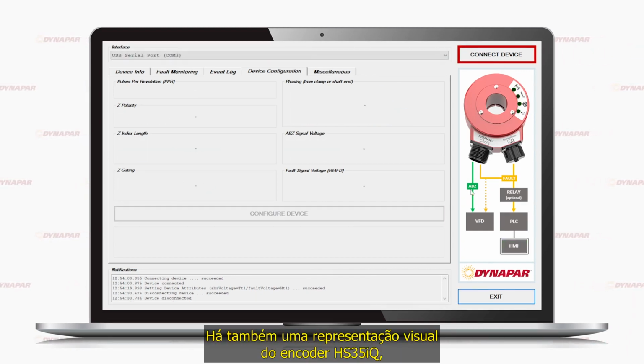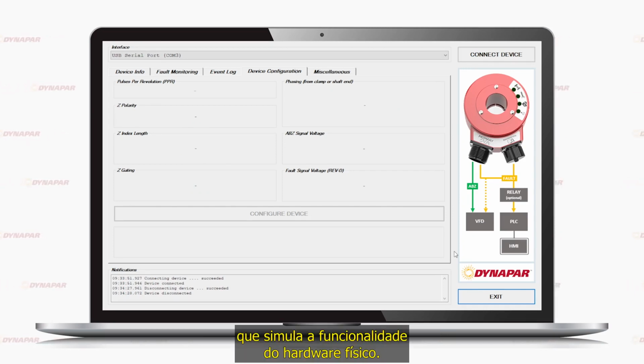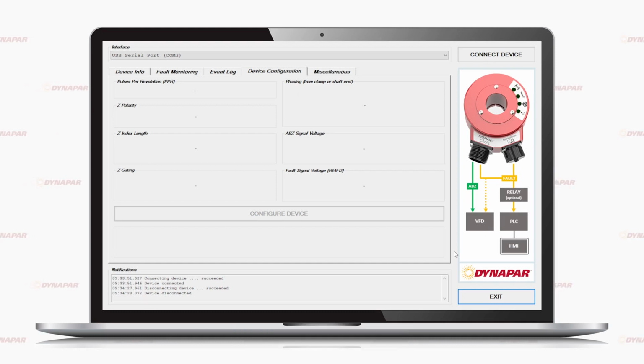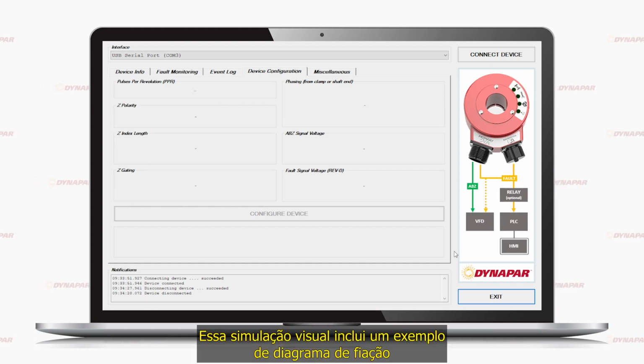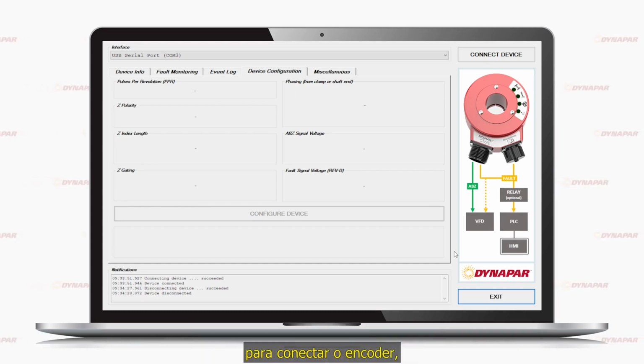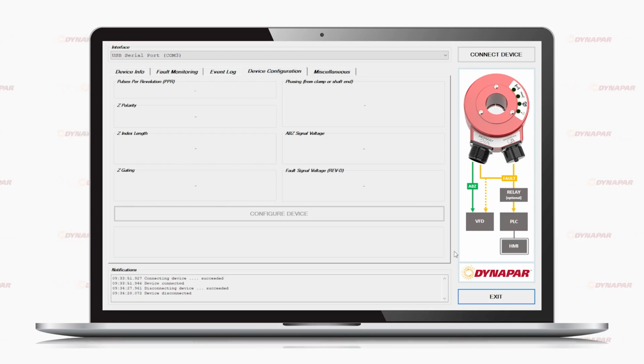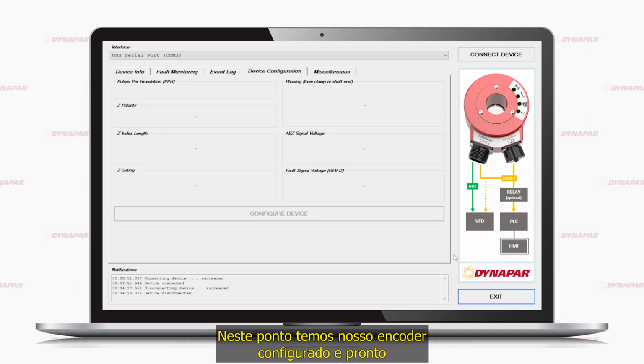Within the service tool, there is also a visual representation of the HS35iQ encoder, which simulates the functionality of the physical hardware. This simulated visual includes an example wiring diagram for connecting the encoder and its fault output to your system. At this point, we have our encoder set up and ready to send a fault output to a monitoring